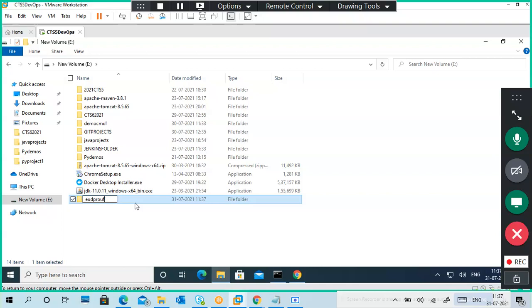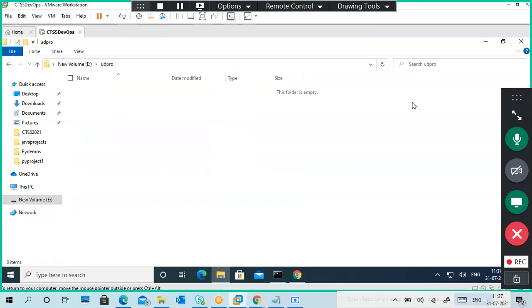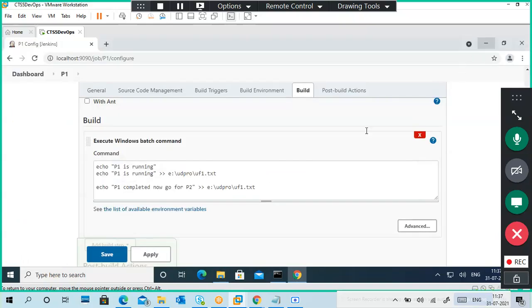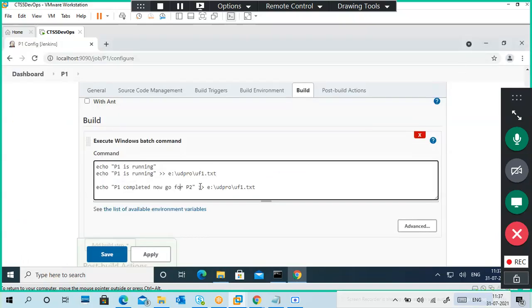I got it. UD Pro. So inside that one, that file will be created. Okay. So this is the text. So total text it is. So first it will run, and then the same thing I put in here, and also I will run this one. Same thing I will put it here. That's it. I am not doing much.